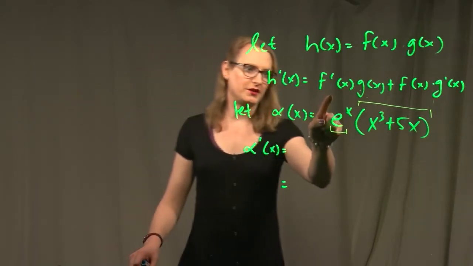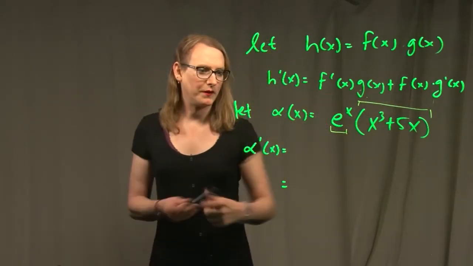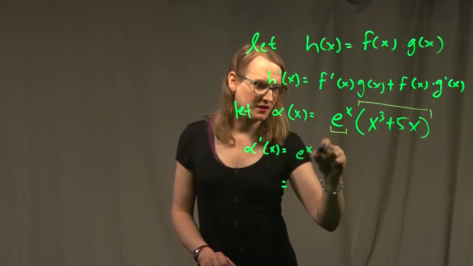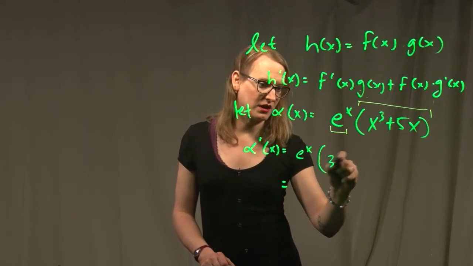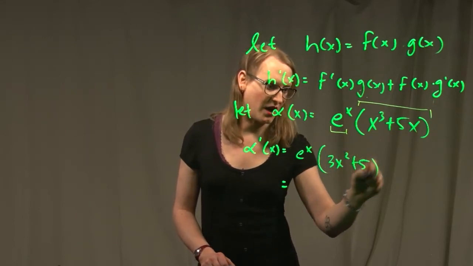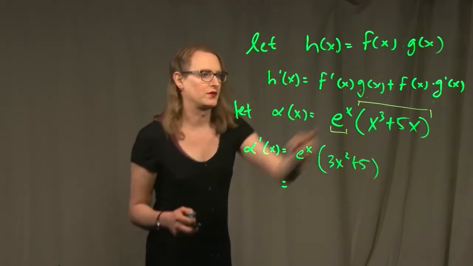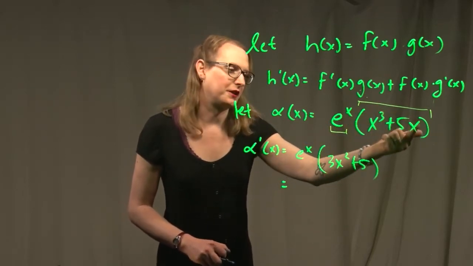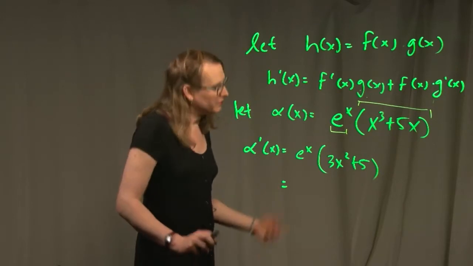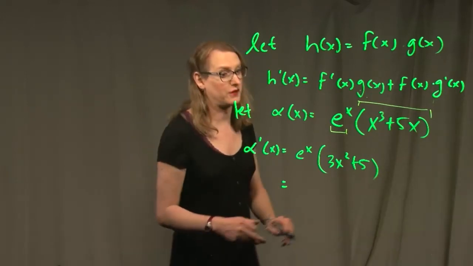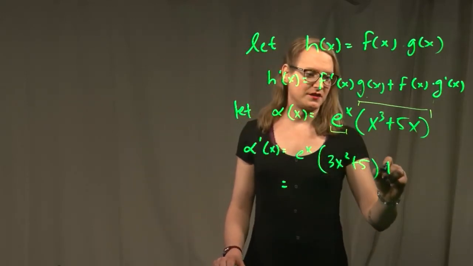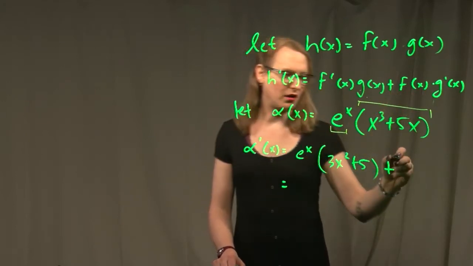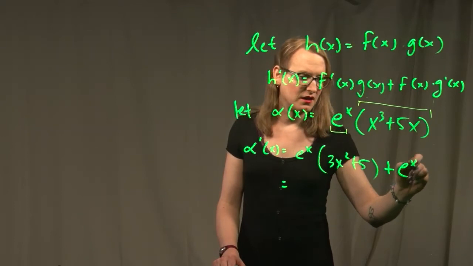So I'm going to do the derivative of the first, e to the x, times the derivative of the second, 3x squared plus 5. Because the 3 is coming down front, the 3 is turning into a 2. And then linear functions, you just pick up the coefficient in front of them. I really like taking derivatives of linear functions. Plus, now, f at x, that's this first part here, e to the x times